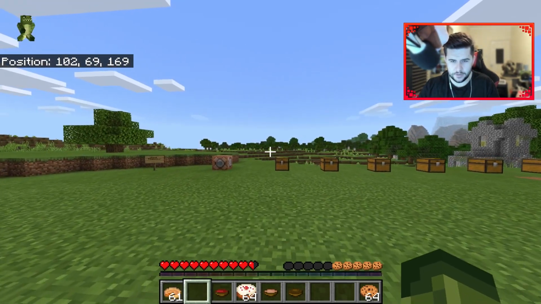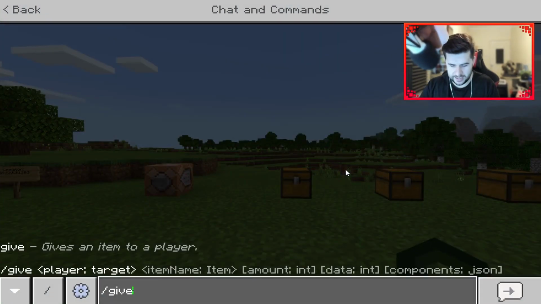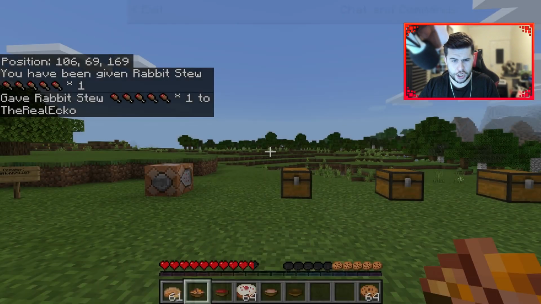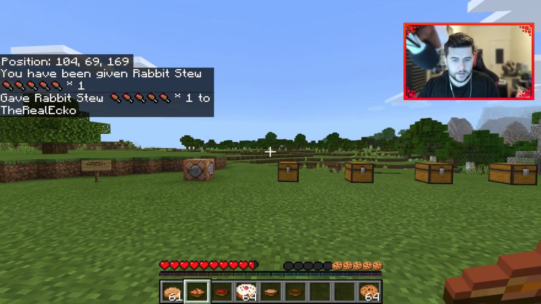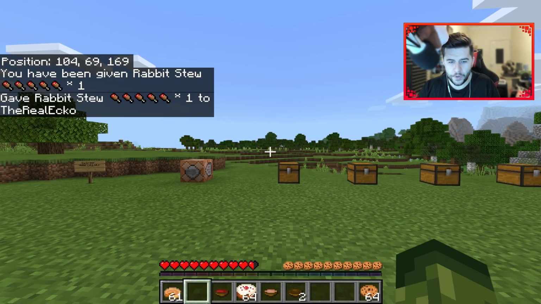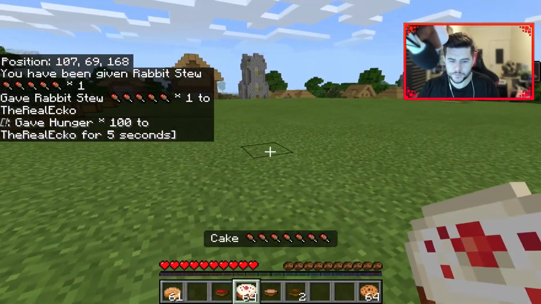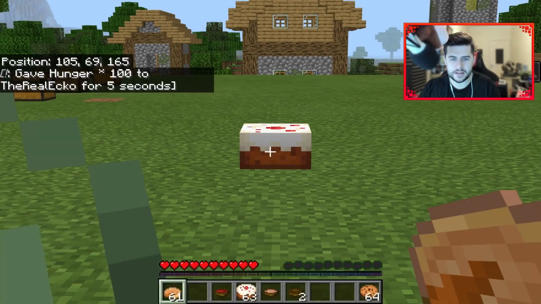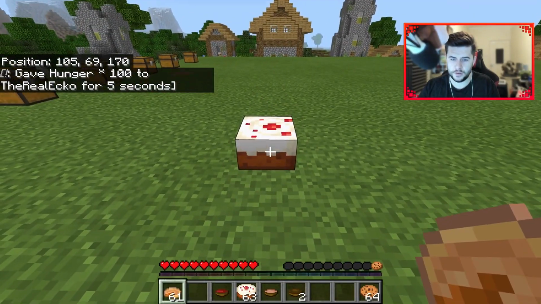And I need to give myself another one of those. /give @p rabbit stew. Look at that. 2 rabbit stews, and you are good to go. And then if we just hit this again, and we have ourselves a cake. Well, cake is apparently the best food source in Minecraft, so...